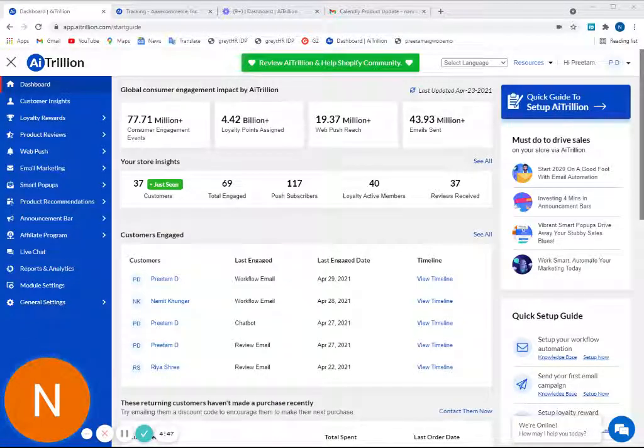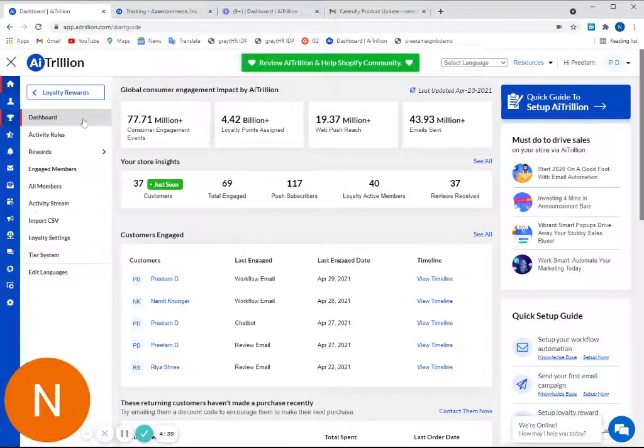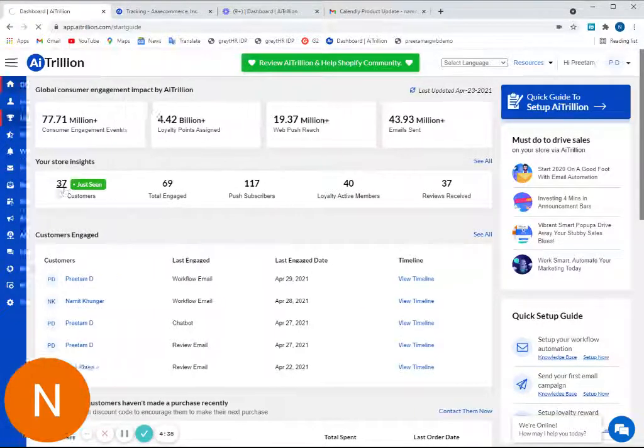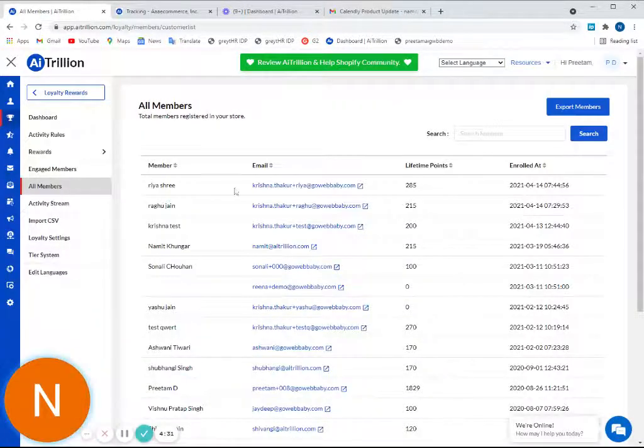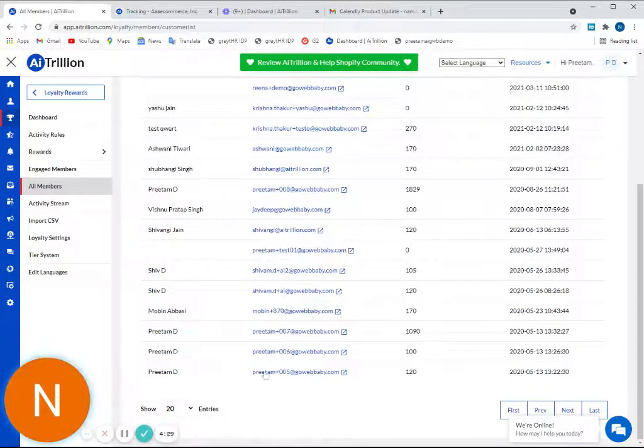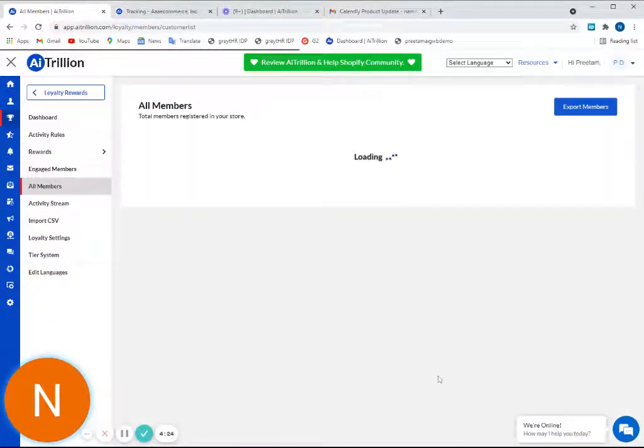All you have to do is first log into AiTrillion, and in the left-hand side navigation bar, click on Loyalty Rewards. Under Loyalty Rewards, click on All Members. And then when the All Members page loads up completely and you can see a preview of all your member entries, expand the preview to, let's say, 100,